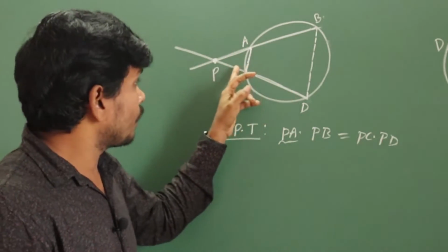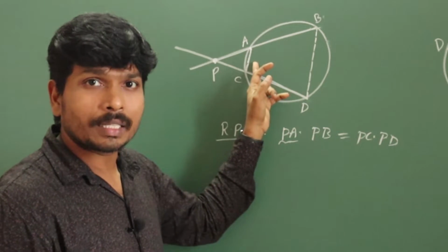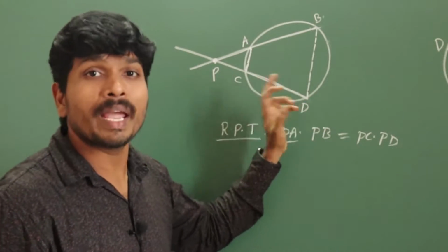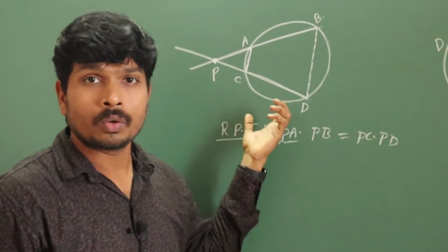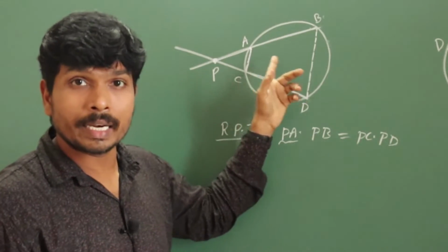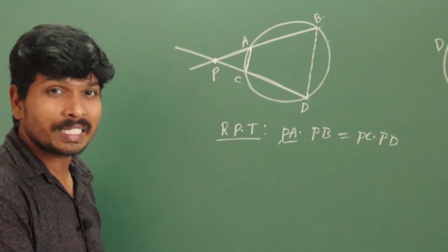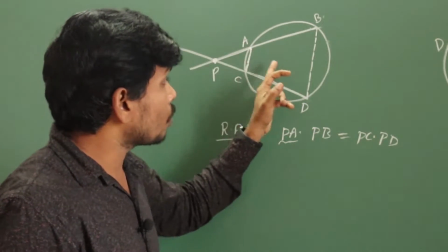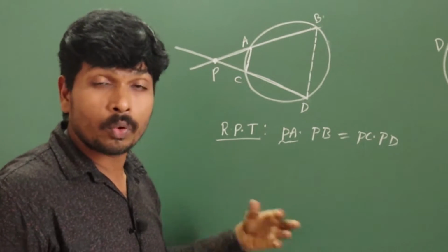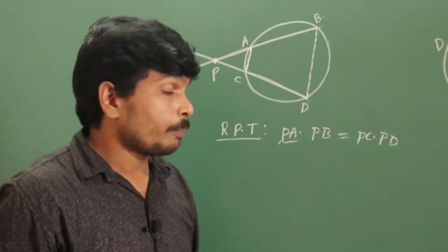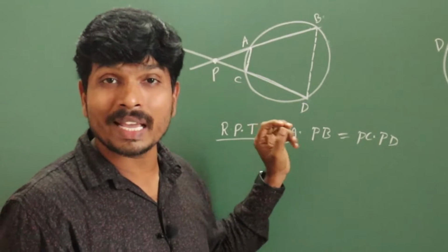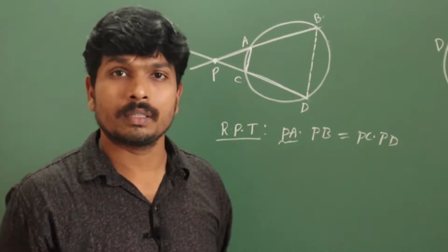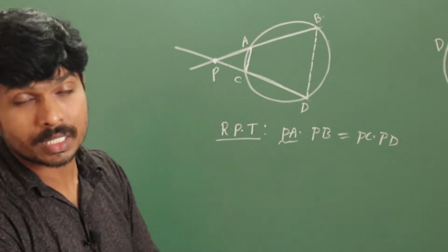Now when you observe these two lines, maybe you think they are parallel to each other. No. Those two may or may not be parallel. So you can't say directly that they are parallel, as we don't have any condition or information for saying parallel. So these two triangles are similar, and we can prove it by using AA similarity. In these two triangles, we need to prove that any two angles are equal.